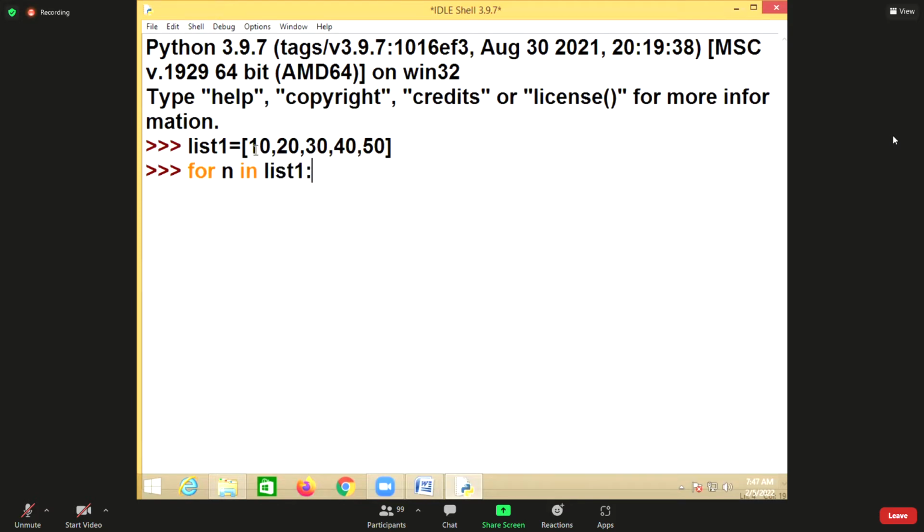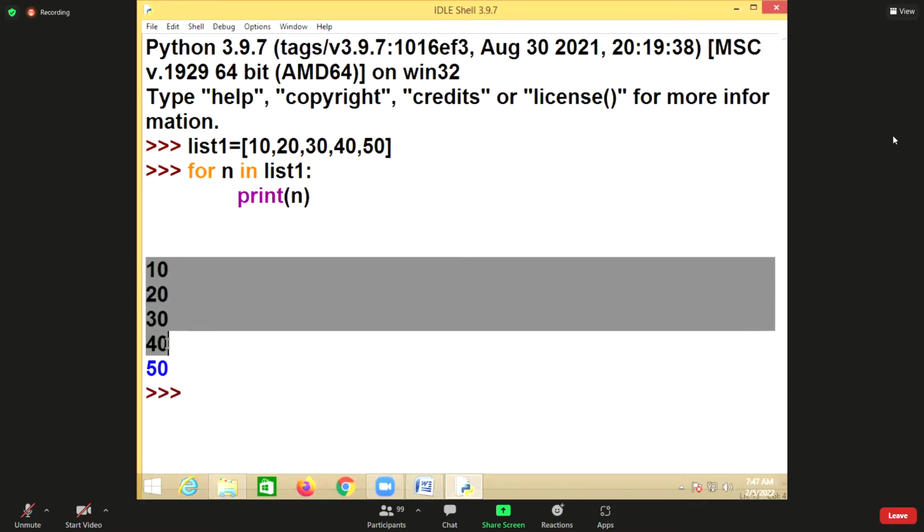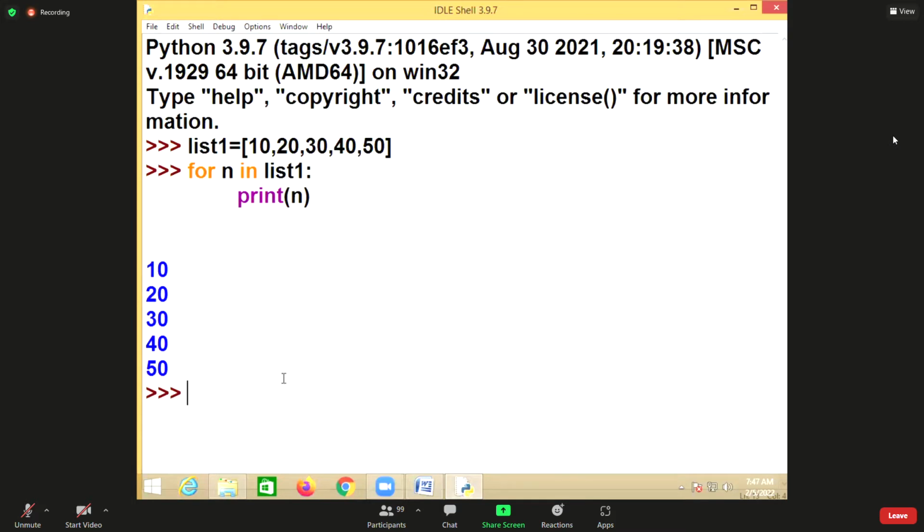From list1, each time it will read one value. What is the first value in list1? 10. Now 10 is assigned to variable N. If you press enter, you can see 10, 20, 30, 40, and 50.